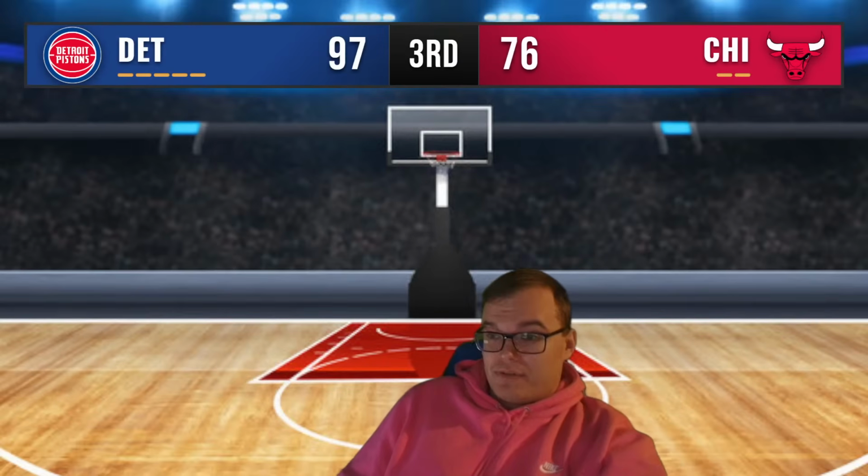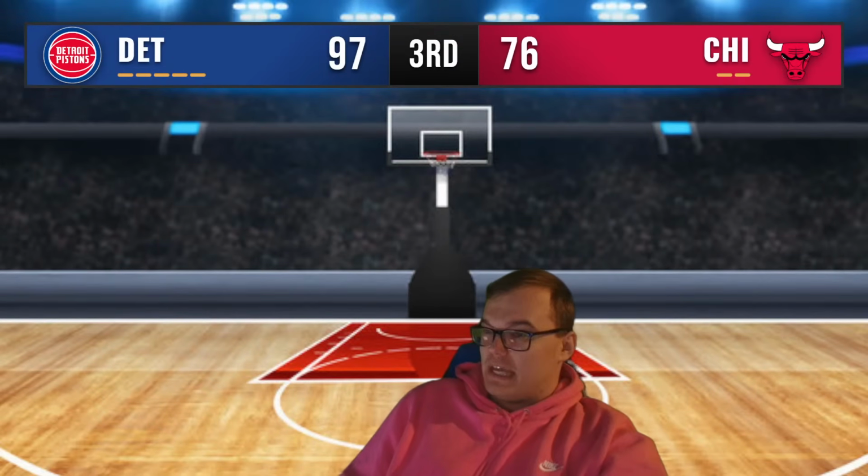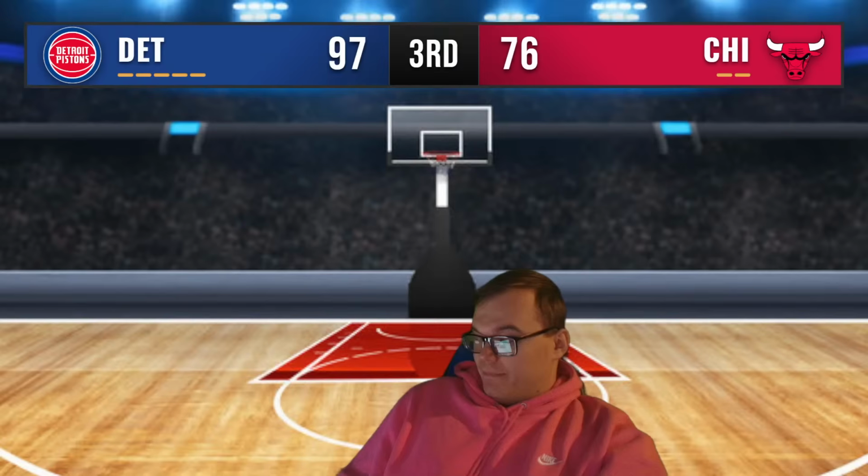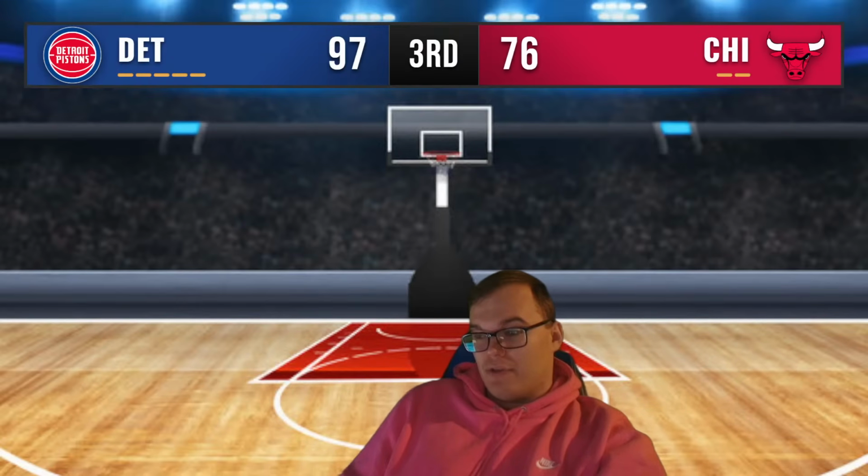But again, look at Cade's stats after the deadline, right? We try to make it work with Ivey and Cade both on the floor together. A couple times it did work. But again, the whole Malik Beasley situation, we had to go out and get a shooter. It was Duncan Robinson. And who knows?